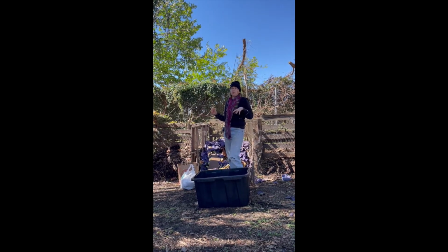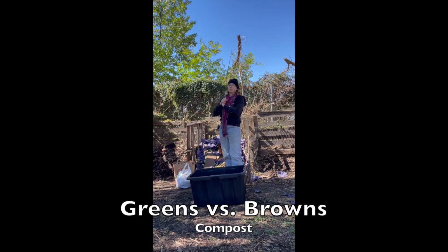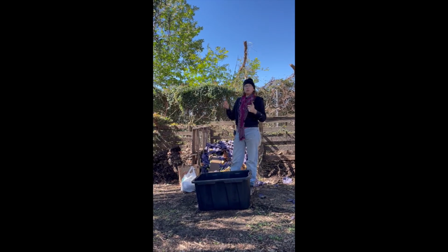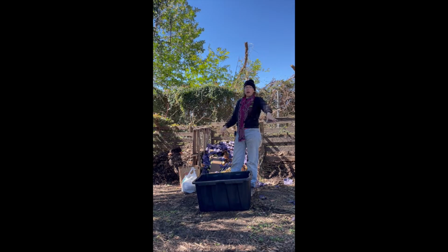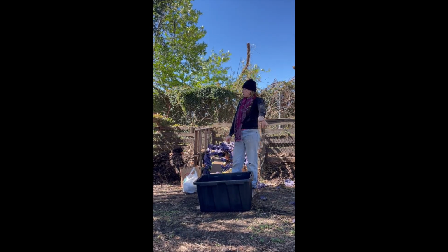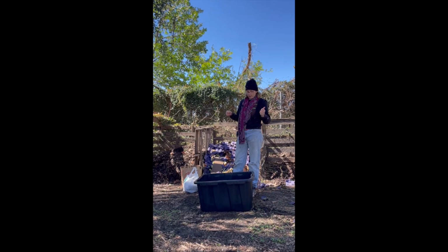So in composting, what you need is about a 2-to-1 ratio of browns and greens. When we talk about browns, we're talking about carbon-rich materials, which mainly come from trees. So it'd be leaf litter, mulch, it could be paper towels. It could also be dried yard waste, grass trimmings after they're dried and all that. And then greens, which are nitrogen heavy, are your food scraps, and anything else, like